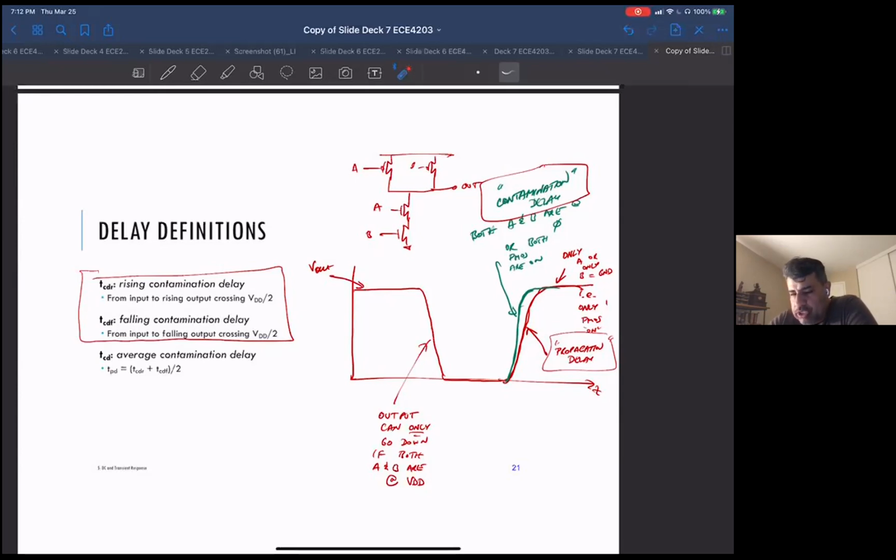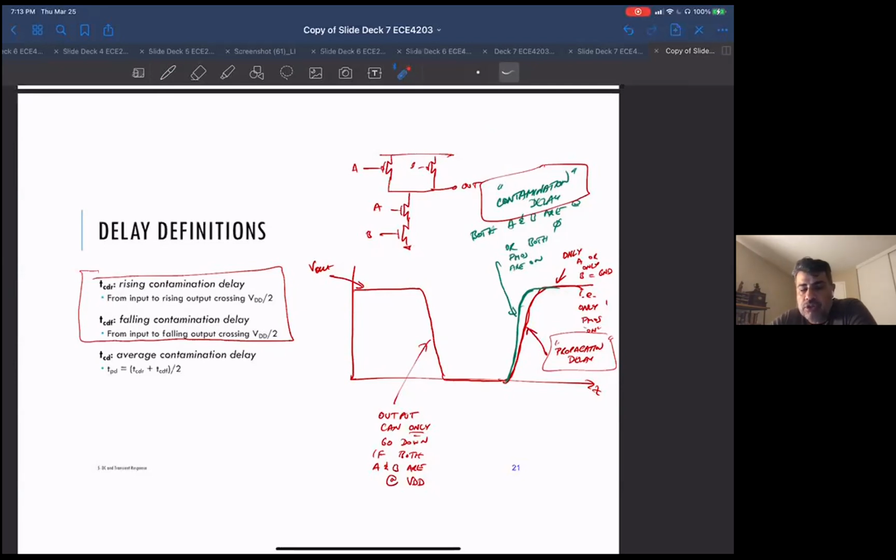But just for the time being, keep the contamination delay in mind. It almost seems nonsensical to worry about something that's shorter than normal. But when we get to the section on clocking, flip-flops, timing, you'll see that sometimes having too fast of a transition under some circumstances across a gate could cause a problem, and we'll see how that works out. But anyway, I just wanted you guys to remember that there's this thing called contamination delay,